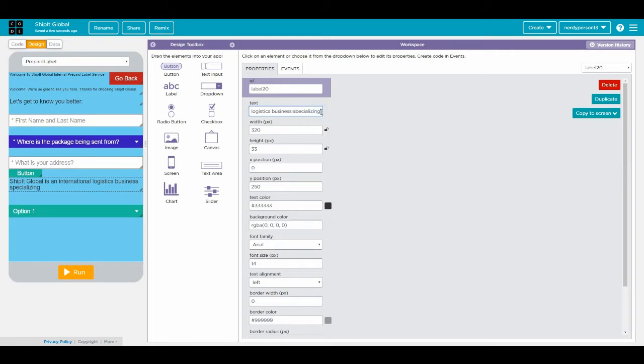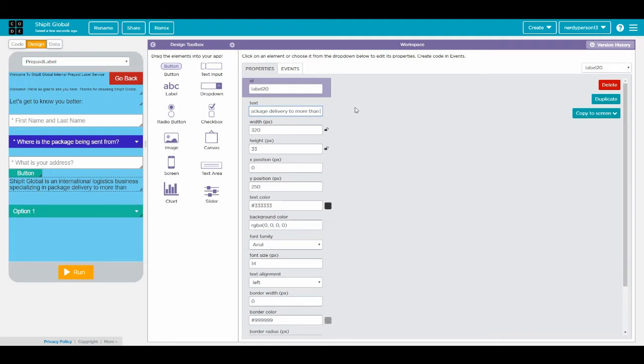Man, I cannot spell. Alright. ShipIt Global is an international logistics business specializing in package delivery. And we'll just say to more than